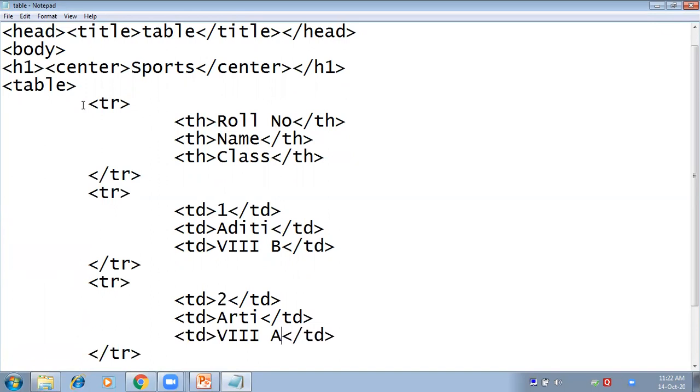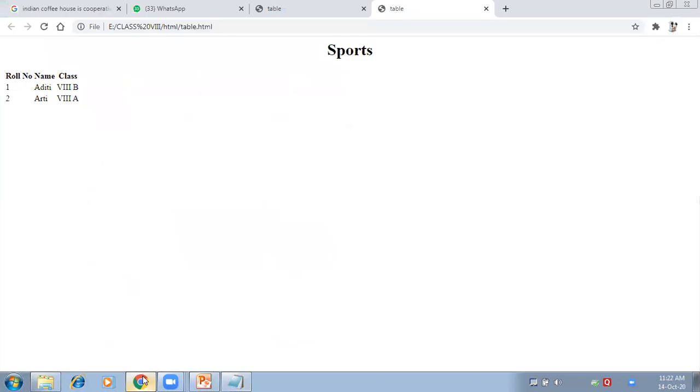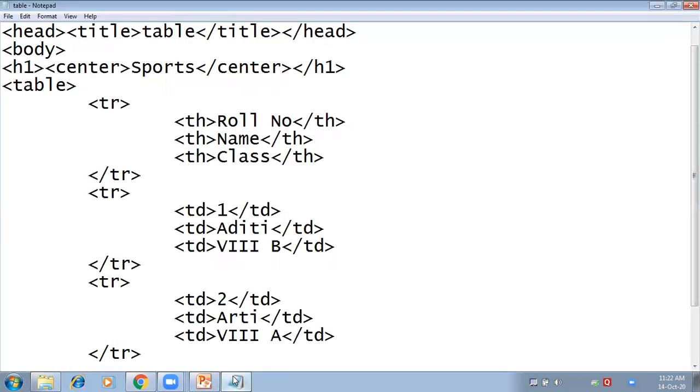And now let us check first. Okay, the third row is also coming now, but now I want that the borders should appear around my table. So for that you have to use the attribute.